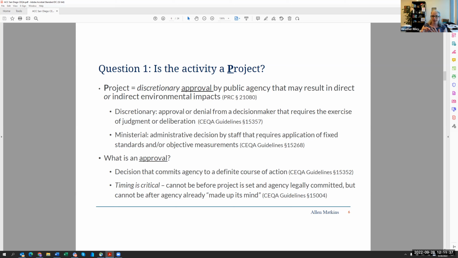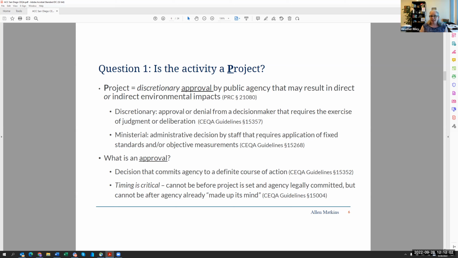They just have varying decision makers at the end of the process. So if you're a 2, you're seeking a simple permit, your staff is going to make your decision. If you're a 5 and you're going for a full rezone, a plan amendment, a big, huge project, the city council is your decision maker. But all of those, 2 through 5, mean you have to consider CEQA. This is discretionary.